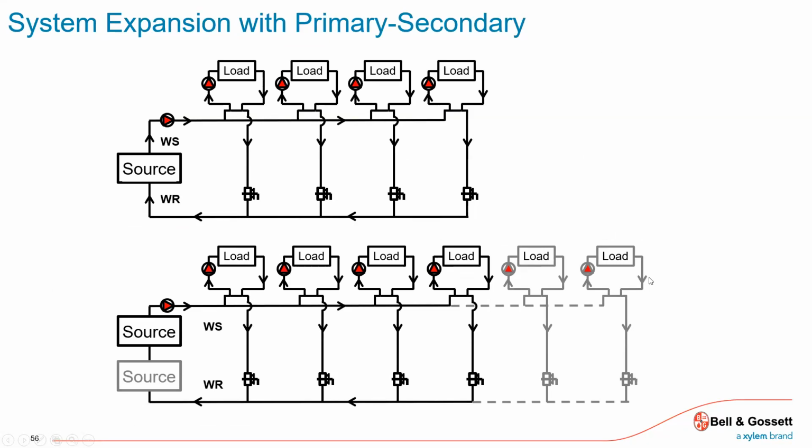Here they're just showing an example where maybe I can incorporate primary, secondary to do an expansion. So I have this existing source, distribution, heating or chilled water going to some loads, and all of a sudden there's a renovation, I got an addition. I can tap in, obviously I got to make sure I have the capacity to support, and this piping here,